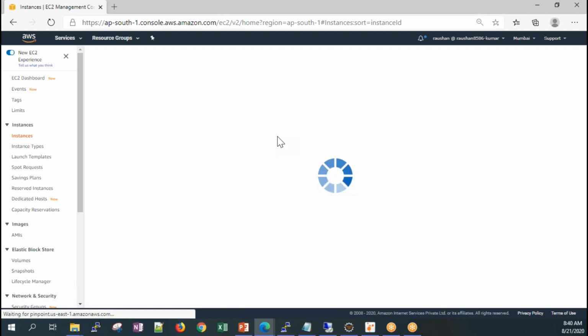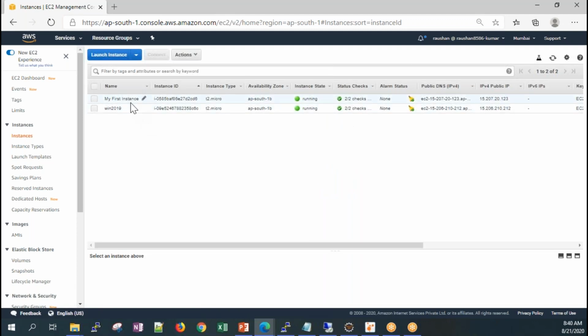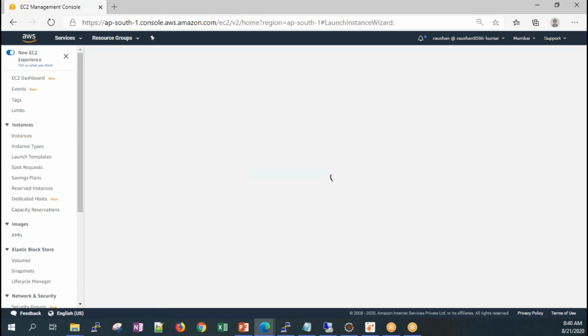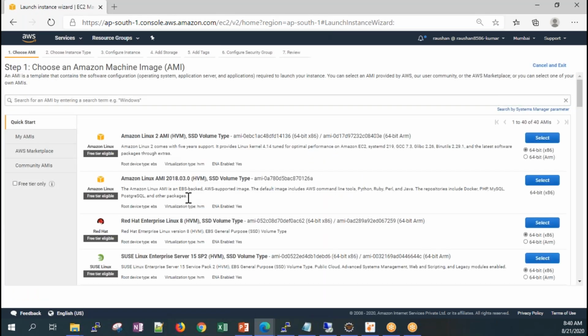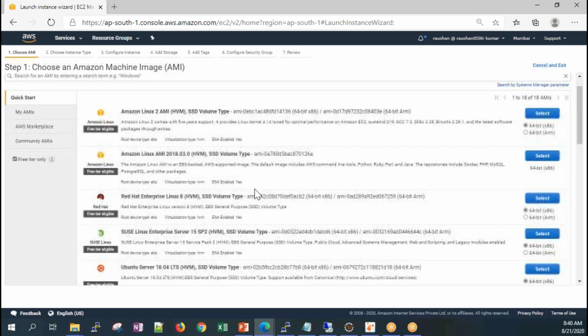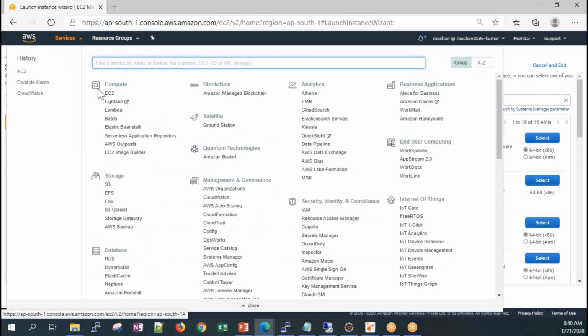If you see my running instances, you can see 2 of them here. This is my Linux instance, and this is my Windows instance. I can provision using this launch instance button, and we have this entire process. We can use the free tier, and we'll go about how to do that later, so let's not go there today.